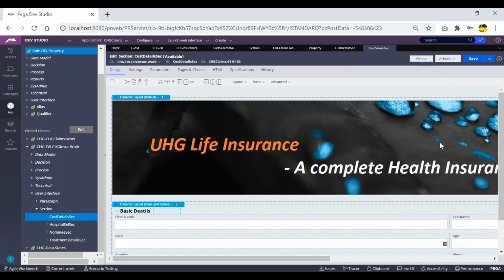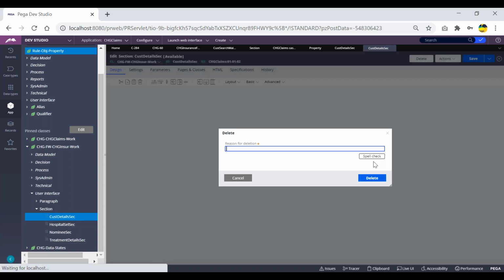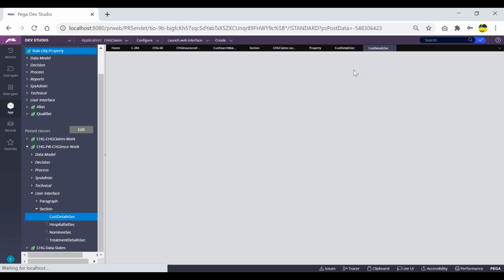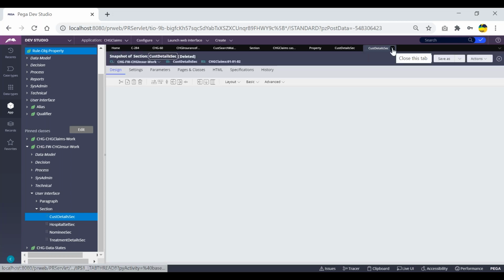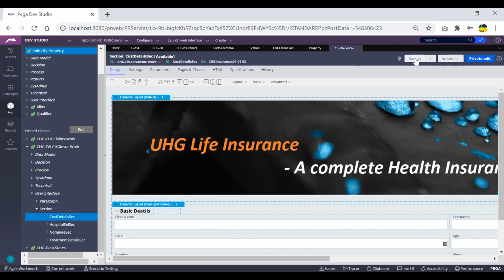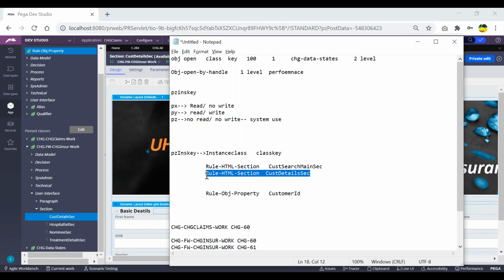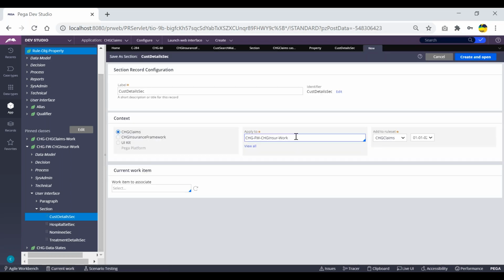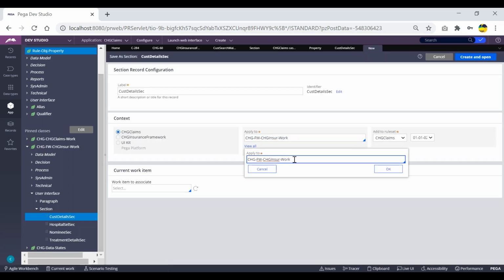Sorry, I have deleted in the wrong class. Let me delete this. So I'm trying to save it. This instance class is this one. That's what you told me, right? Now I'm trying to make a few modifications. So I'm going to share my screen. Until then, understand how this works.